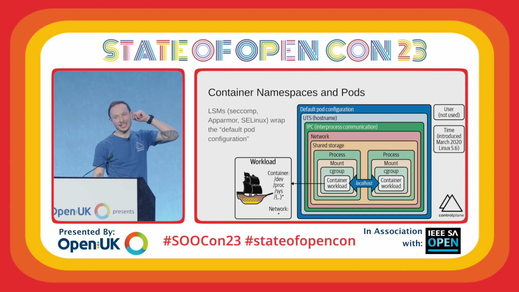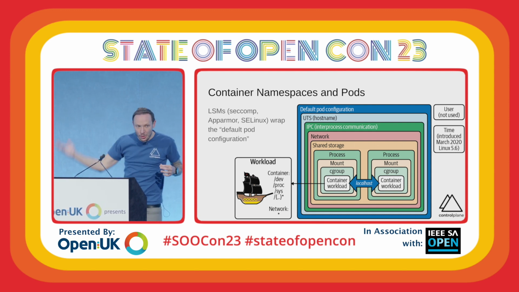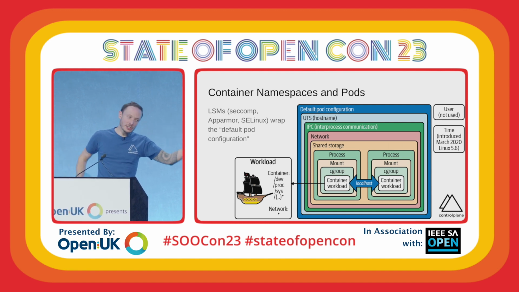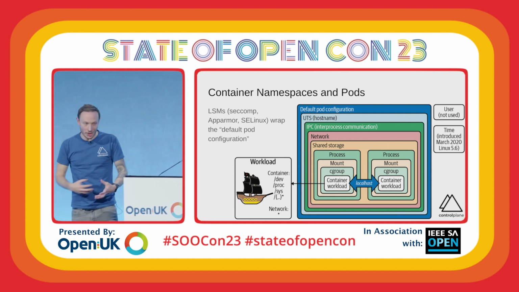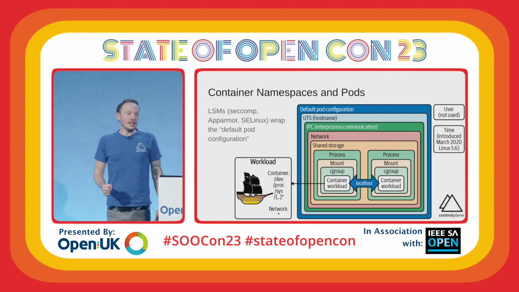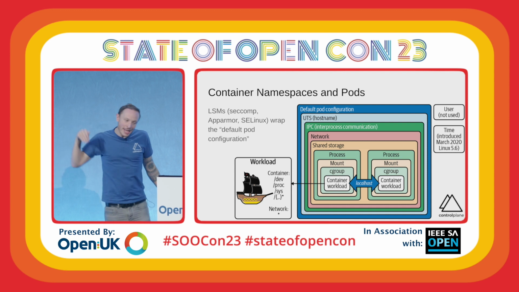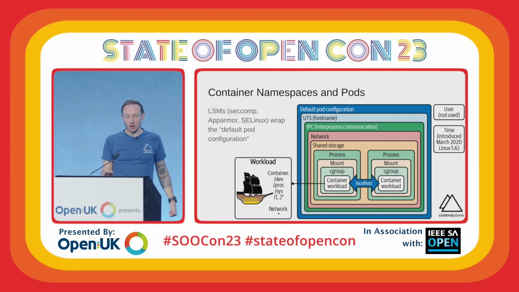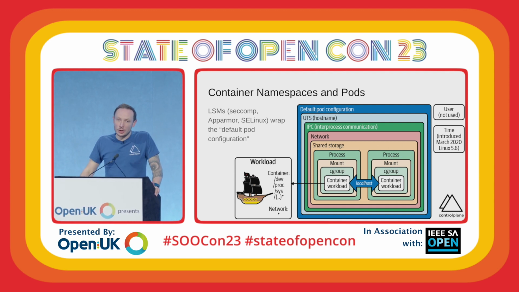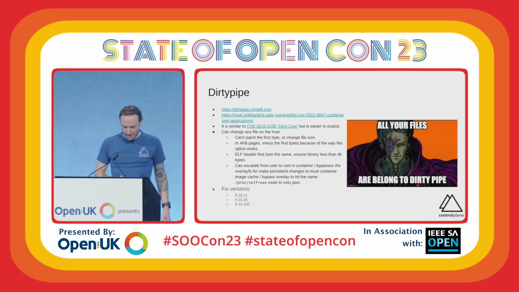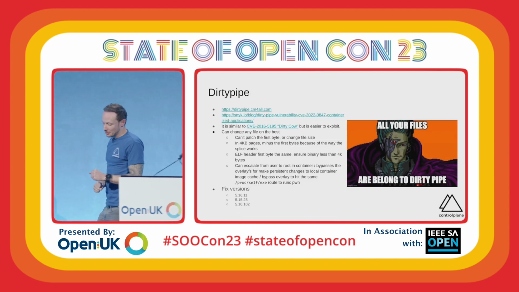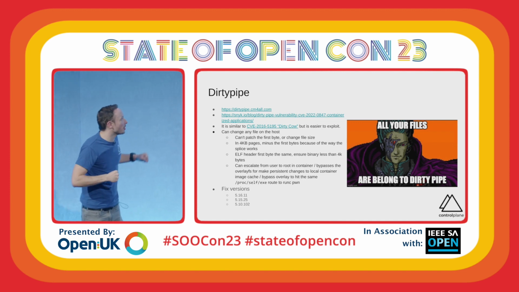And the user namespace is the reason we should not be running as root. User namespaces are coming, but they transcend the whole everything in Linux. Everything is a file, and ownership and permissions are fundamental to the Linux discretionary access control security model. So user namespaces are a frequent entry point for kernel vulnerabilities and are not used by default. There is a lot of work going on over the years, and there's a great talk at FOSDEM by Akihiro Suda on the latest and greatest there. But that is an implementation detail because we're going to look at Dirty Pipe.